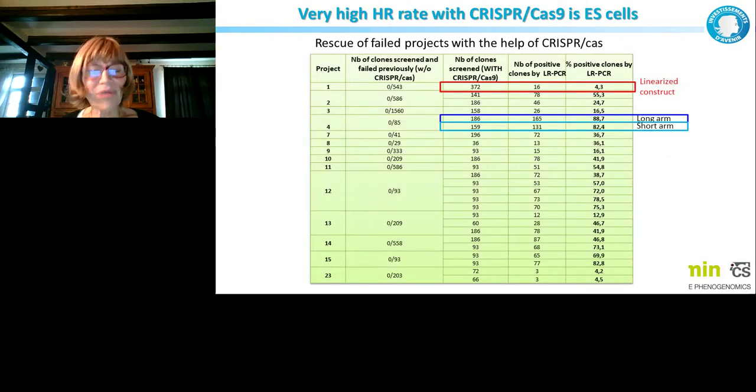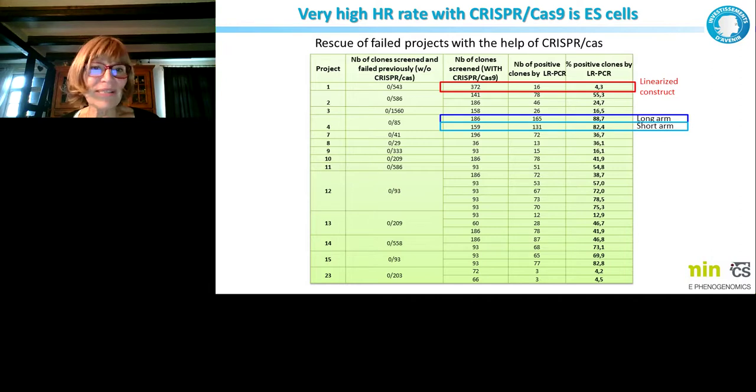And that's our data. That's just to show you all the projects numbered here, 1 to 23. Here you can see the number of clones that we analyzed first, and some of these projects are really old. When CRISPR came out, I thought, okay, we didn't manage to obtain one clone. For example, for project 3, we analyzed more than 1,500 clones without any positive clone.